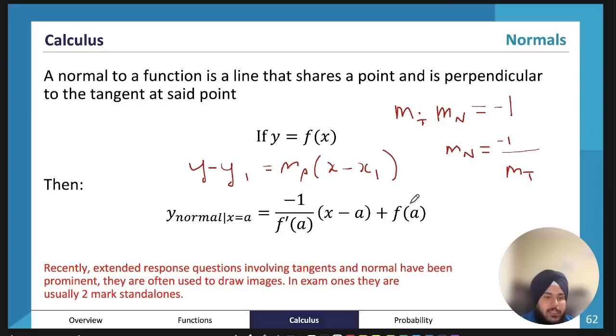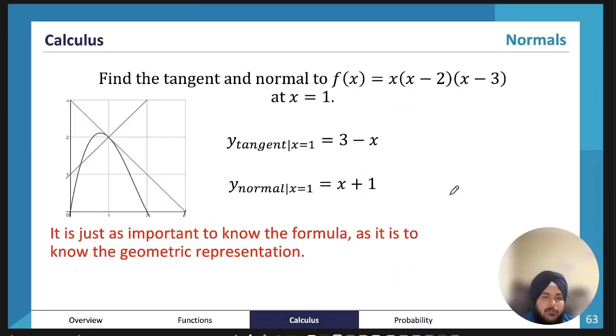Again, just differences in notation here, but same sort of process. So here is a quick question. Find the tangent and normal to f of x, where f of x is (x minus 2)(x minus 3), at x equals 1. First step would be to derive this function. So when we derive this function, we will get